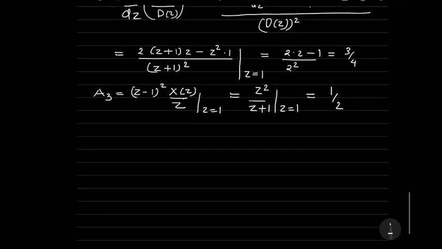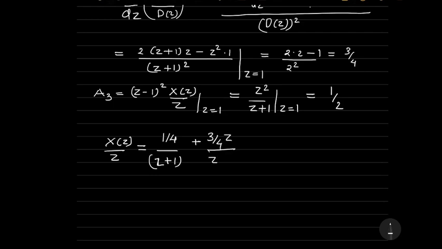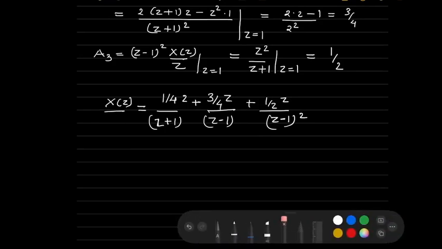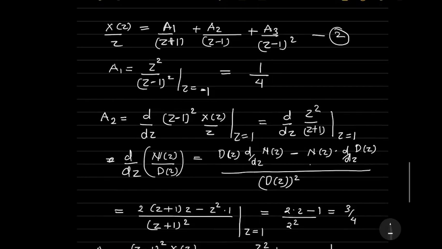Okay, so we get X(z) = (1/4)/(z+1) + (3/4)·z/(z−1) + (1/2)·z/(z−1) whole square, here taking only the 1/2 z upon (z−1) whole square. Now writing this equation number 3